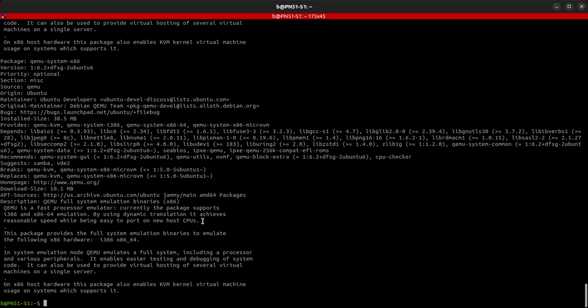By using dynamic translation, it achieves reasonable speed. While easy to port on new host CPUs, the package provides the full system emulation binaries for the following hardware: i386 and x86_64. In system emulation mode, QEMU emulates a full system, including a processor and various peripherals, and enables easier testing and debugging. It can also be used to host several virtual machines on a single server. On x86 host hardware, this package also enables KVM, kernel virtual machine, usage on systems which